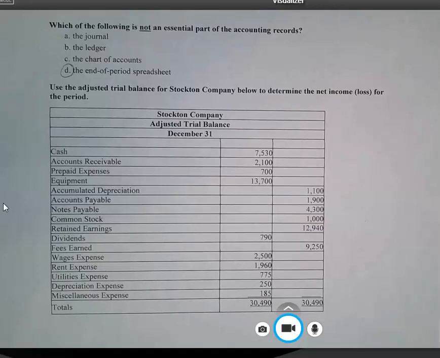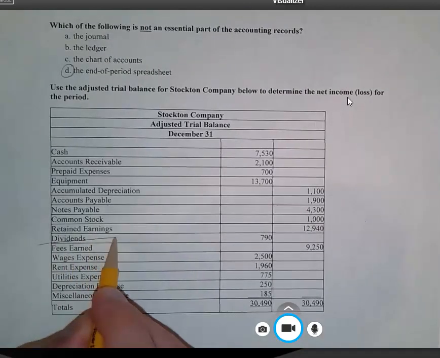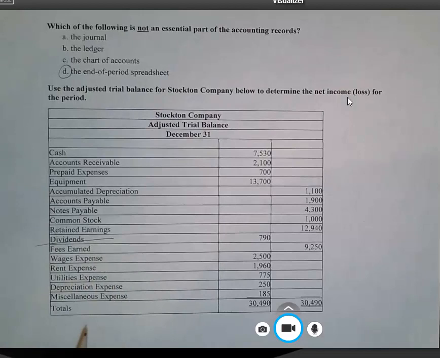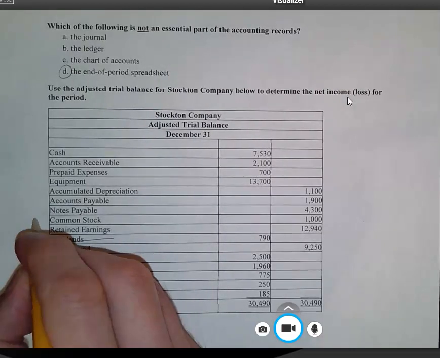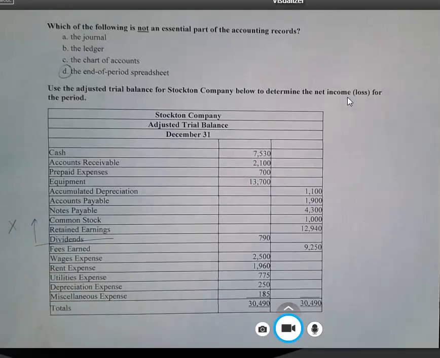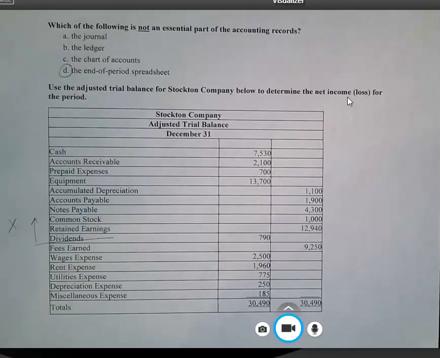So if we were to think about that, now we don't have to make an actual income statement here, but I do want you to understand that when we're talking about net income, we are talking about the income statement. So there are an awful lot of numbers in this little exercise here that we can ignore. We don't have to consider them at all. Matter of fact, we could just put a line right here, and everything from dividends on up, we don't need. So all we really have to do here,